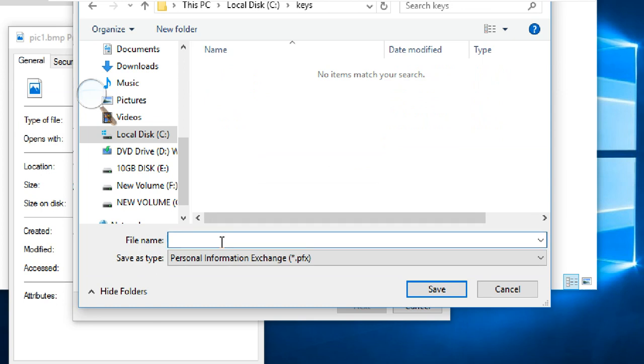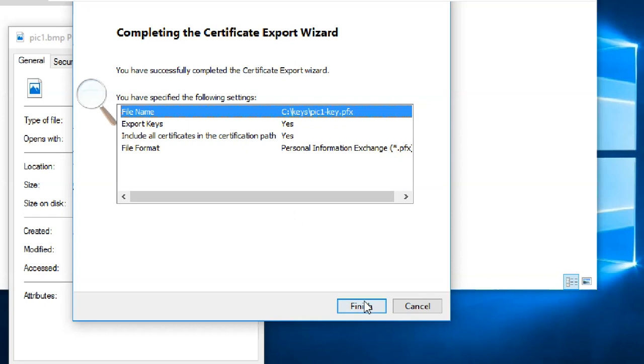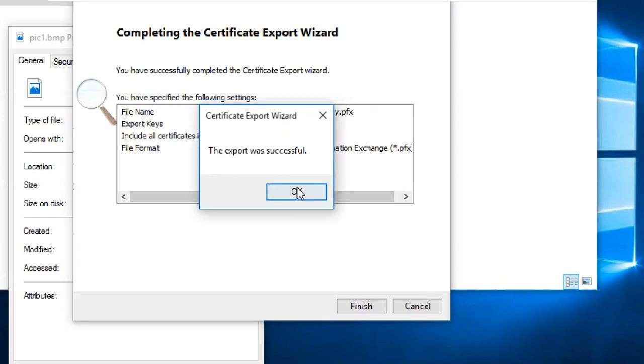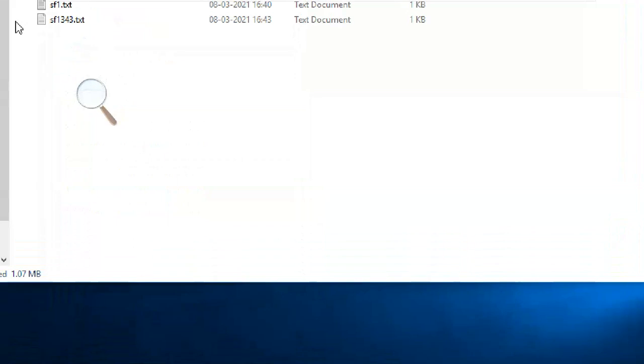Open it. Then pic one key or set. Pic one set or key. You can use any name. No problem. It's a certificate, and we can also call that one a key. .pfx comes automatically. Save it. See, in this folder I specifically stored it in the C drive. The C drive is a common drive for everyone. Next, finish it. Now it is exported successfully. Click OK, then OK. Now completed.